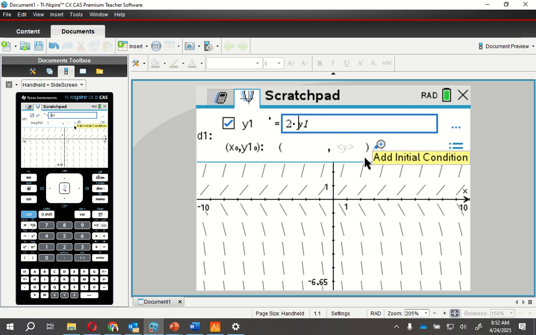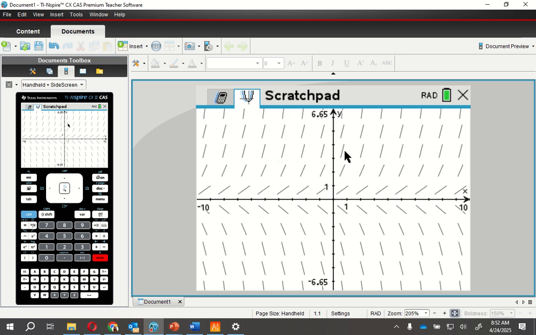Let's get rid of that one right there. So when the y is 0,